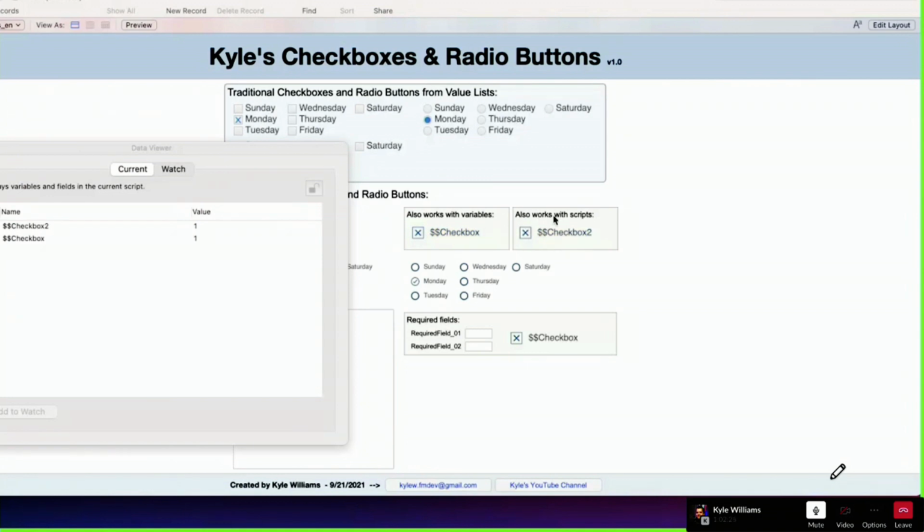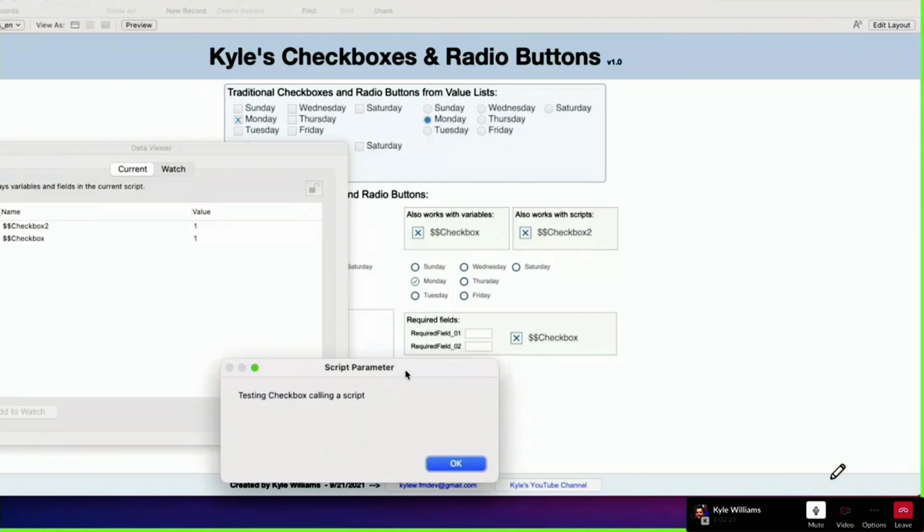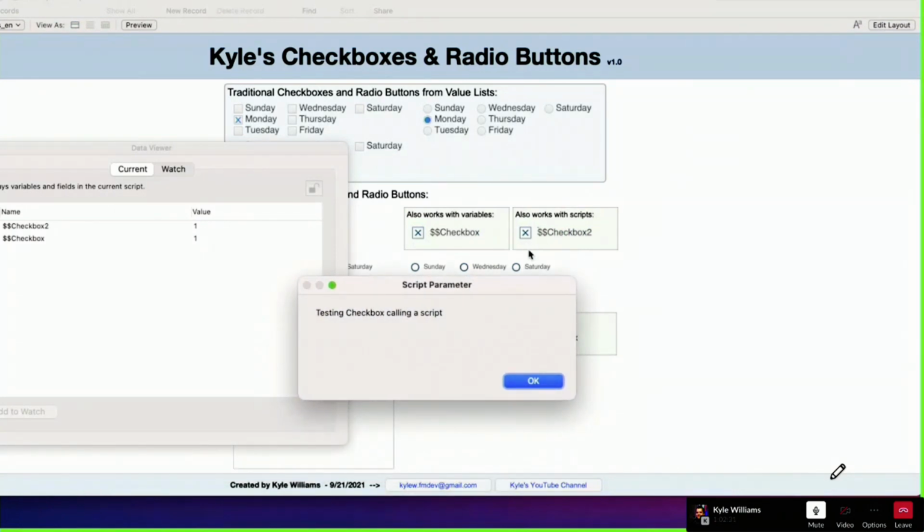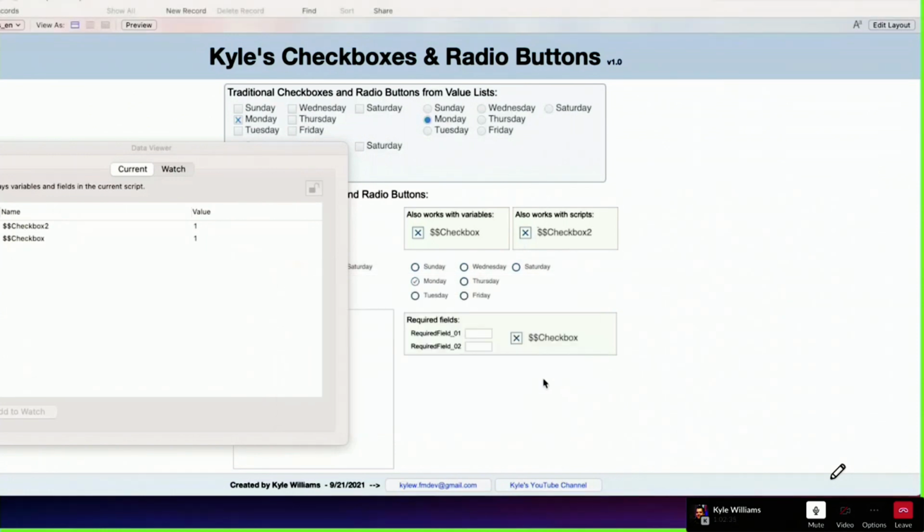And then also you can have it call a script. So I've actually set it up so you can call multiple scripts. This is just calling one script with one parameter, testing checkbox, calling a script. But I can actually have it do a number of different scripts from the JSON parameter. So it's really, really useful. And then sometimes you have this checkbox here that requires a field, and it looks like